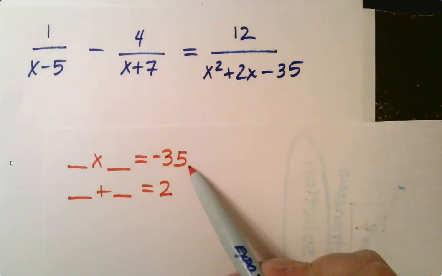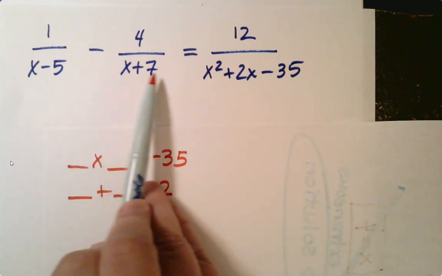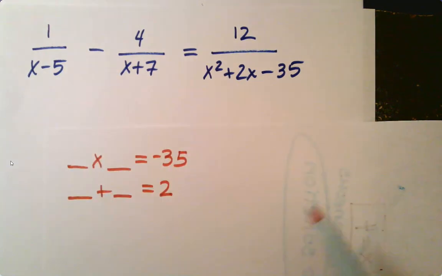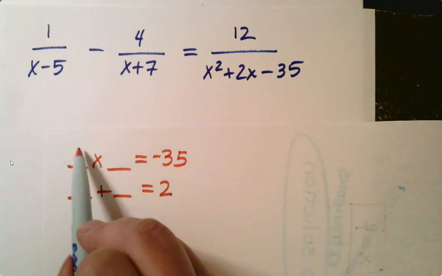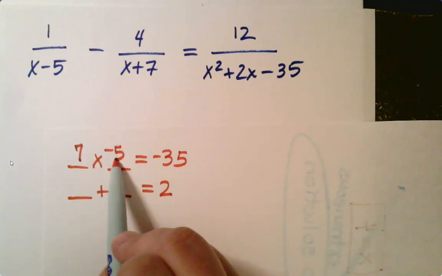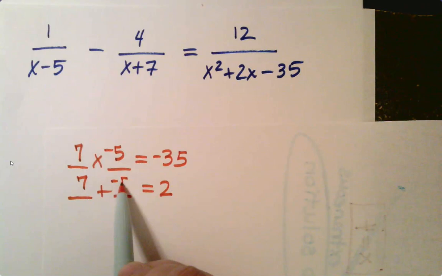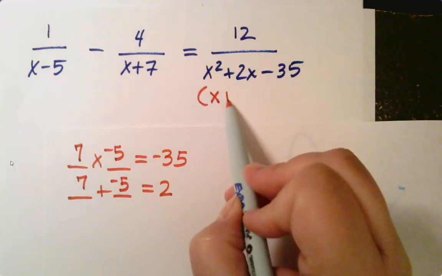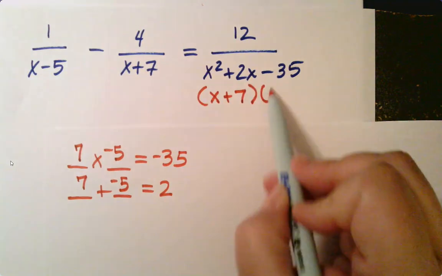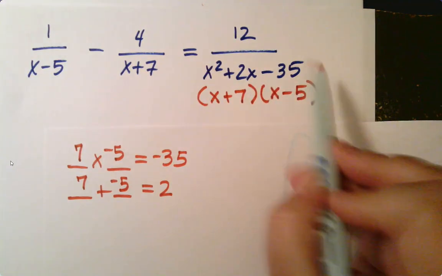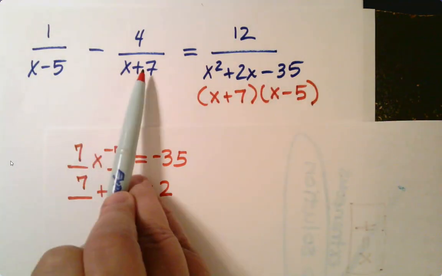Think about the things that multiply to give me 35. Well, this problem kind of gives me a hint. 7 and 5 makes 35. And if I do a positive 7 and a negative 5, that's going to work out perfectly. So this factors as (x plus 7)(x minus 5),